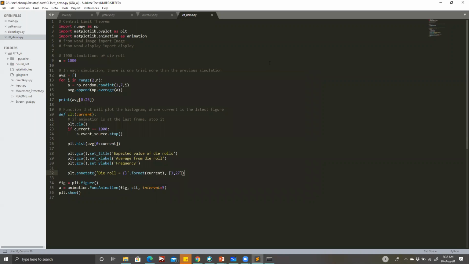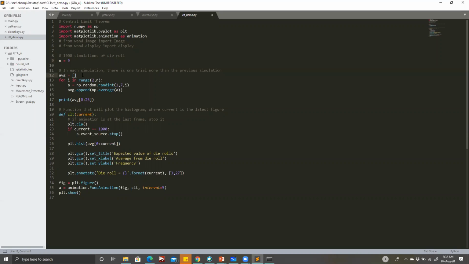It's not that hard. Okay, so look, there are three major libraries that you have to import: NumPy, PyPlot, and animation. Okay, let's cut down this simulation. We wanted to do it originally for, let's say, 1000, and we will do it for 1000. But right now let's start with a very small simulation, maybe 5, just to show you what is going to happen.